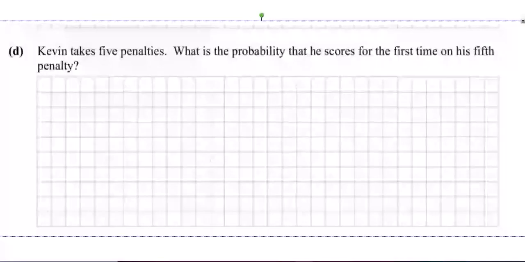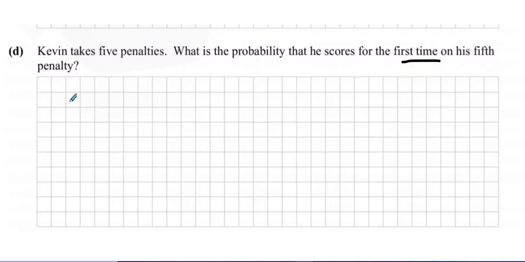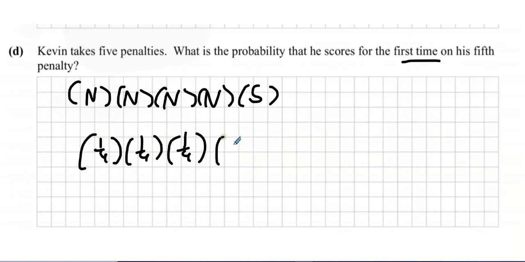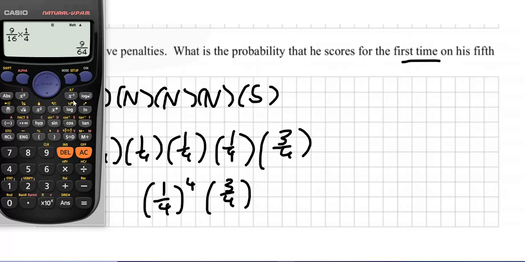Alright, D. Kevin takes 5 penalties. What's the probability he scores for the first time on his 5th penalty? Well, he scores 3 out of 4 times, so that's a very unlikely event to happen. So a no score happens 4 times in a row, and then finally he scores. So it's a quarter, multiplied by a quarter, multiplied by a quarter, multiplied by a quarter, then multiply by 3/4. Now, you could also write that down as 1/4 to the power of 4, multiplied by 3/4, which takes less effort in the calculator. So I'm going to do 1/4 to the power of 4,